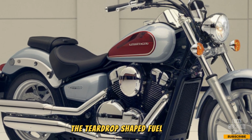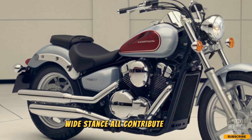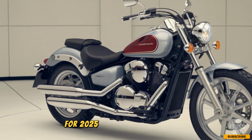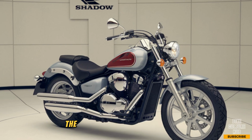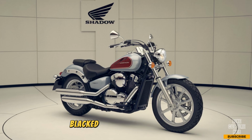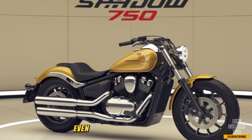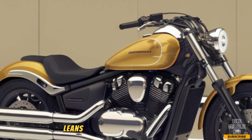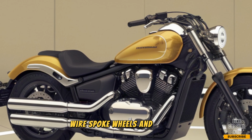The teardrop-shaped fuel tank, the sweeping fenders, and the low, wide stance all contribute to an aesthetic that feels both nostalgic and modern. For 2025, Honda offers two main versions, the Shadow Phantom and the Shadow Aero. The Phantom embraces a blacked-out, aggressive look with dark engine casings, blacked-out pipes, and minimal chrome. It's a bike that looks tough even when it's standing still. The Aero, on the other hand, leans into classic cruiser styling with chrome accents, wire-spoke wheels, and a more traditional